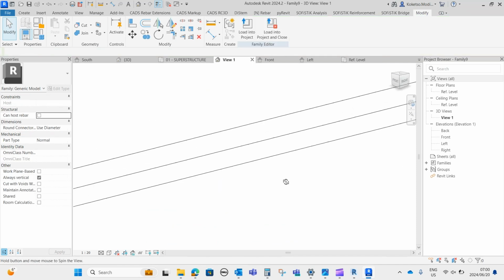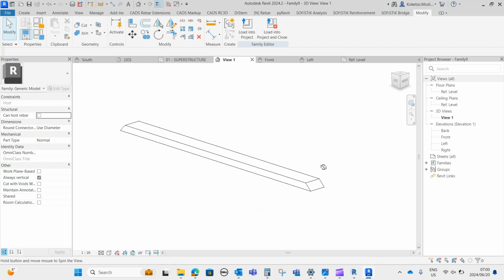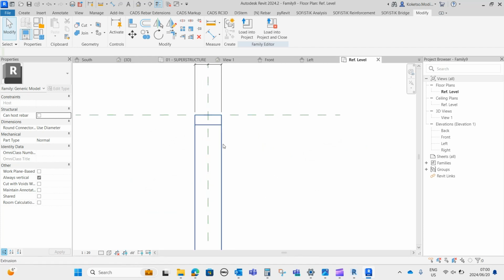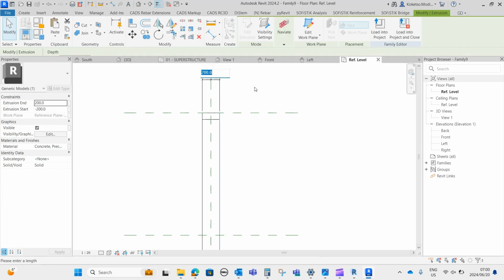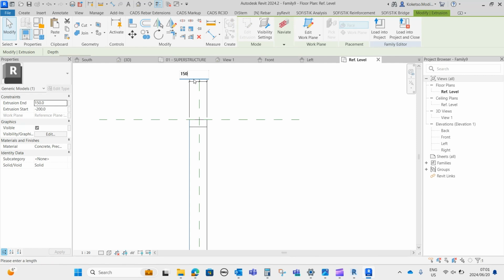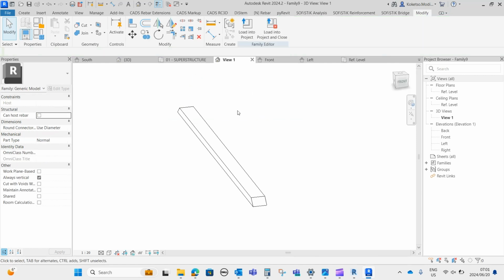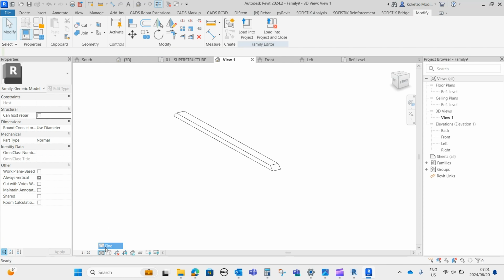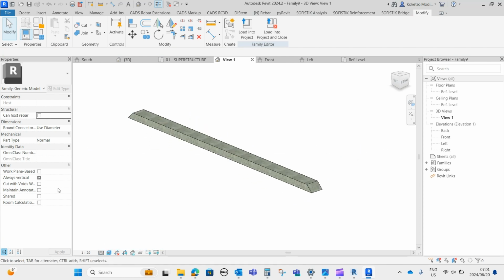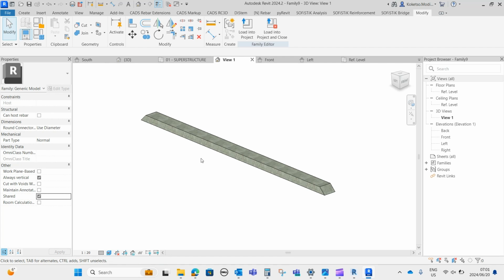So if I go to the 3D view, this is how it looks. But I think 400 is a lot. Let's just reduce it and make it 300 instead. So both sides are going to be 150, and also this side is going to be 150. Perfect. So this is how it looks. If I change the level of detail to fine and the graphics to realistic, this is basically our sleepers. Remember to check in the shared parameter option, because we're gonna nest it into a line-based family,